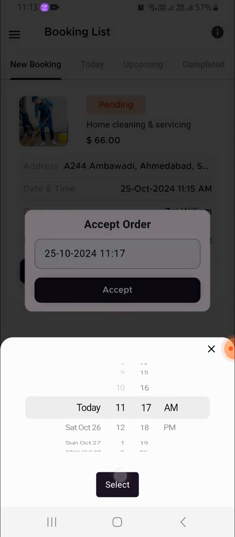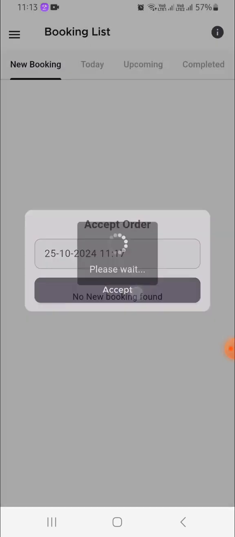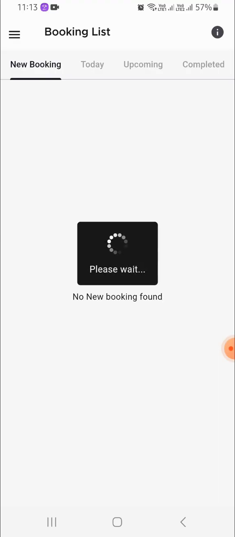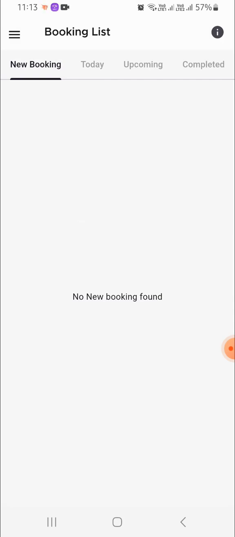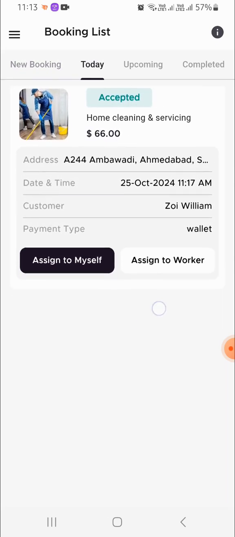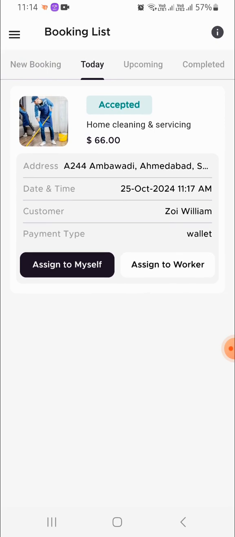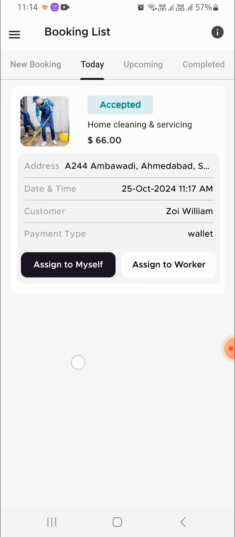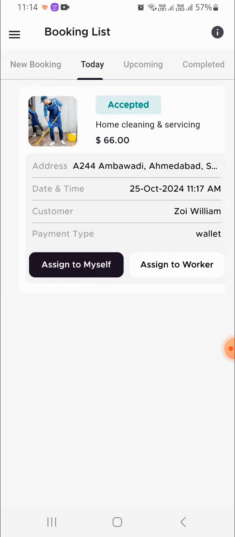Select time and click on the accept button. After accept, this booking goes to the today tab. Here the booking status changes from pending to accepted.